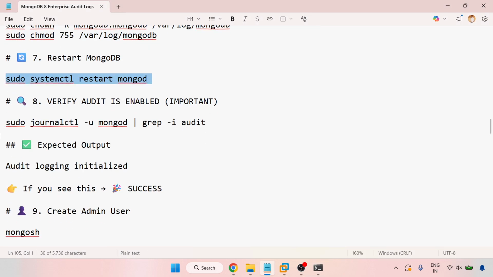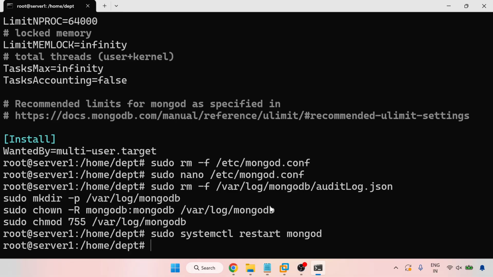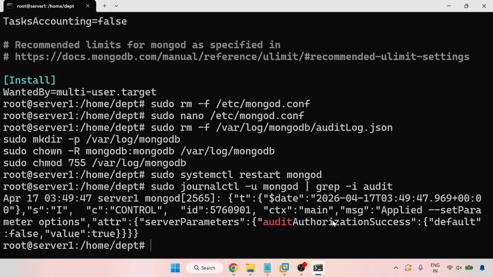Now verify whether audit is enabled or not. Audit is there, the default value is true, and auditAuthorizationSuccess value is true. So what we'll do,